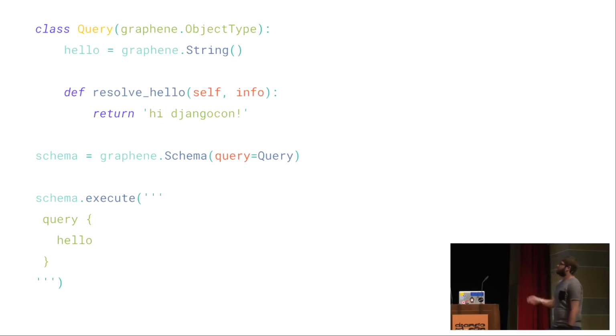And then for each field, you have to create a resolver function or method. That's basically the code that's fetching and returning the data. So for example, in this case, we have a field that's called hello, that's a string, and then the function is going to return "hello, hi DjangoCon". And then we get the schema by passing in the query to the schema constructor, and in this case, we're just executing the schema in here,